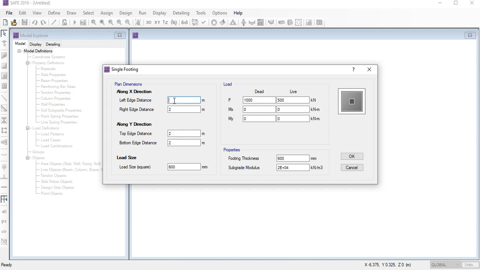That means the edge distance from the left edge of the footing. This time I'm going to give a left edge distance of 1, and the right edge distance is 1. Also in the y direction, the top edge distance is 1, and the bottom edge distance is also 1.